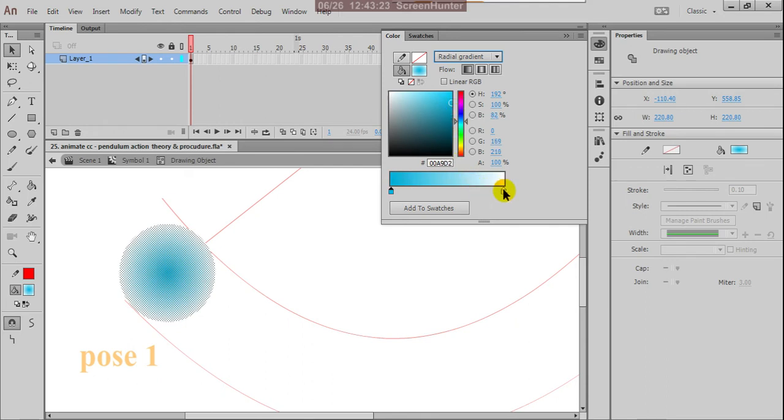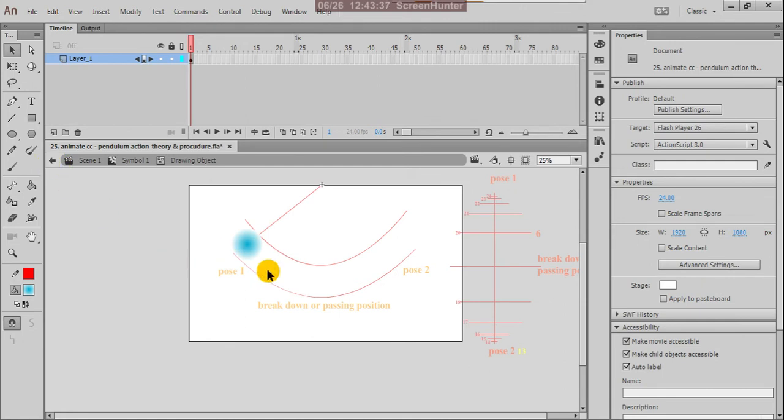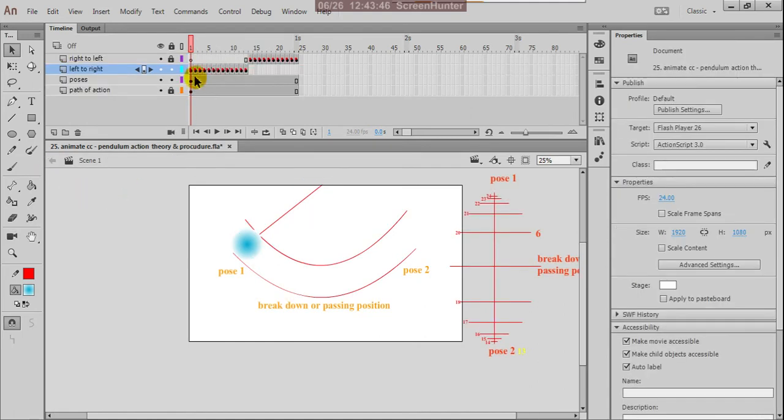Then come out of the symbol editing mode. There is a right arrow, just click on that. Okay, so you are coming out of the symbol editing mode. Now you can check this. So this gradient color is already applied to all the frames.